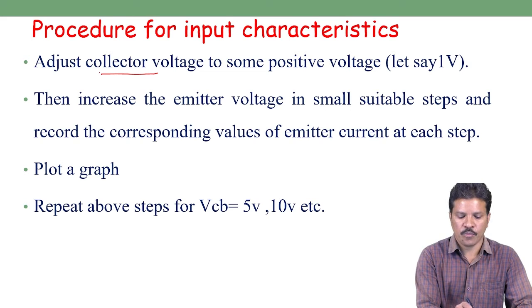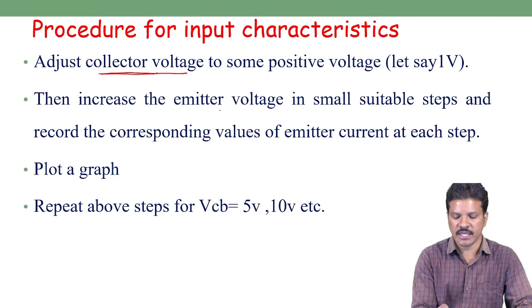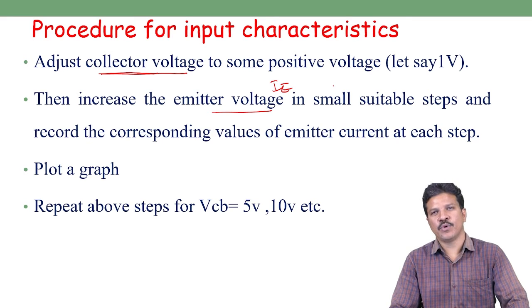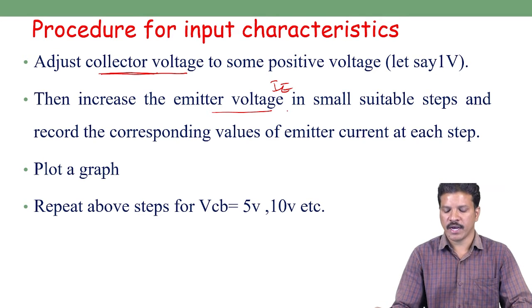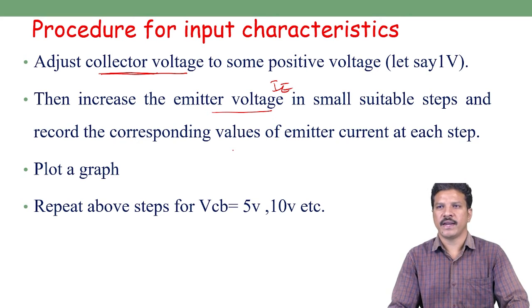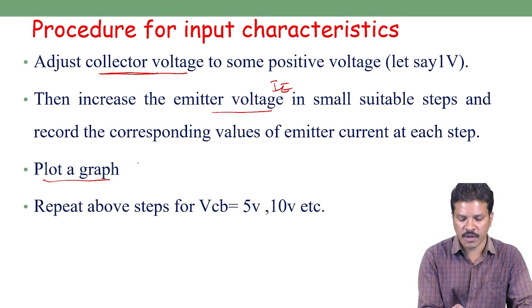Take the collector voltage constant, increase the input voltage, and measure the input voltage and input current in small suitable steps, record the corresponding emitter current at each step, and then plot the graph between input current